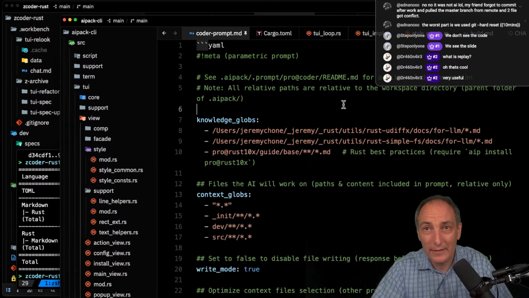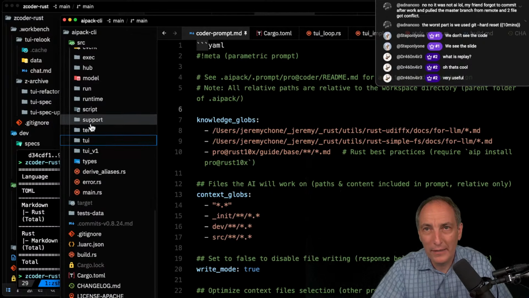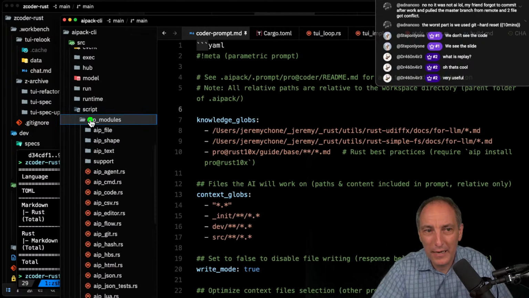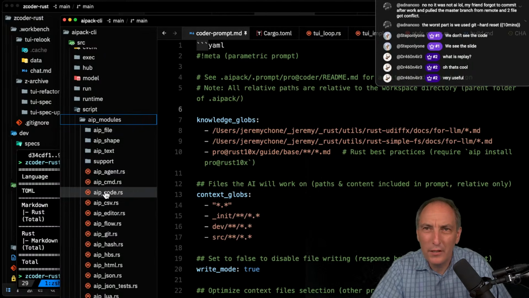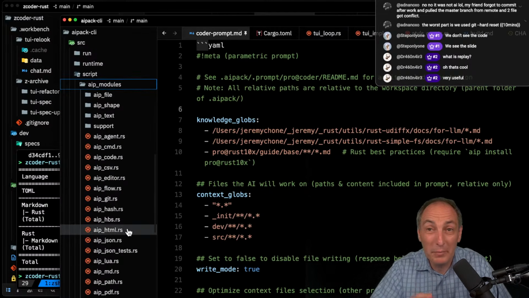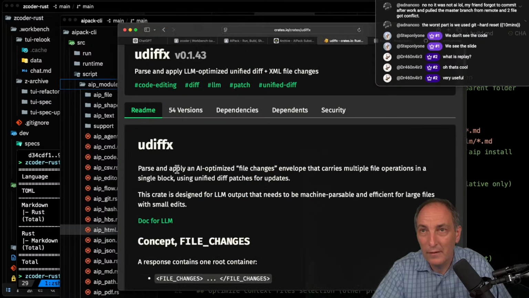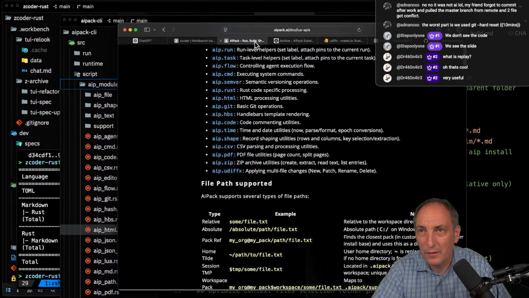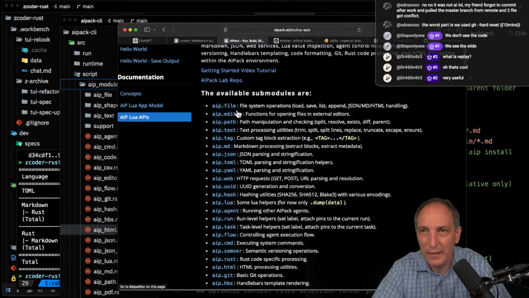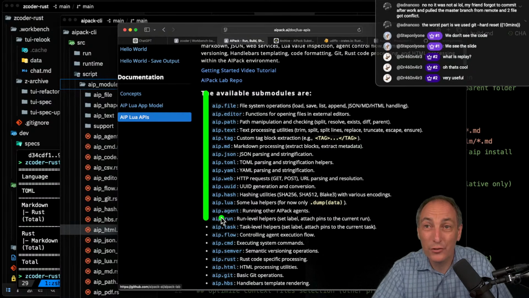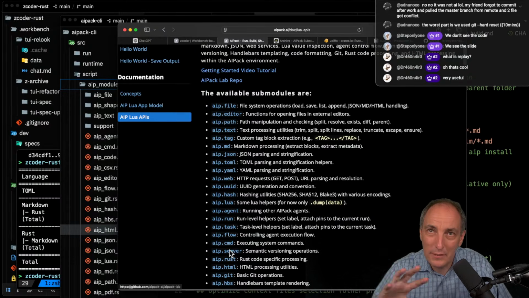Now, the next architecture step is, if you look at AI Pack, the whole script, I have these AIP modules. And all of these AIP modules, that is where you have the editor, CSV, code, command line. It's all the APIs. I have probably 400, 500 APIs, I didn't count, for file, for editor, for UUID, for hash, for Lua, for YAML, TOML, everything. And so I want to put that in a crate, so I can use it in AI Pack or I can use it in